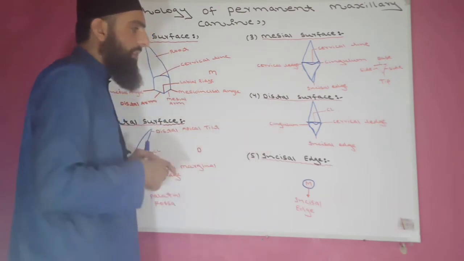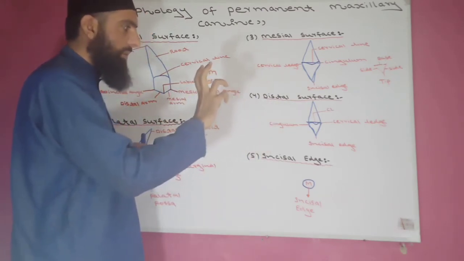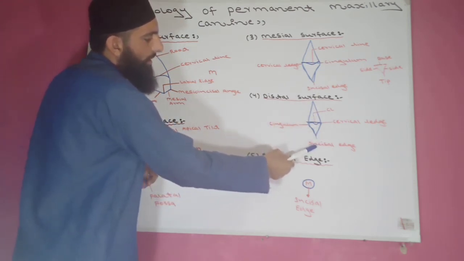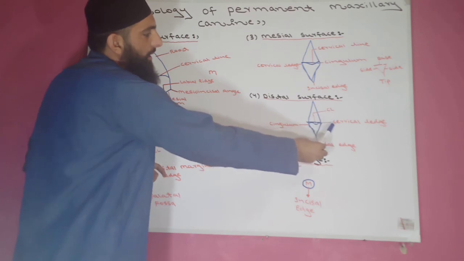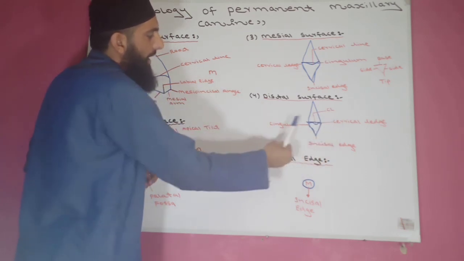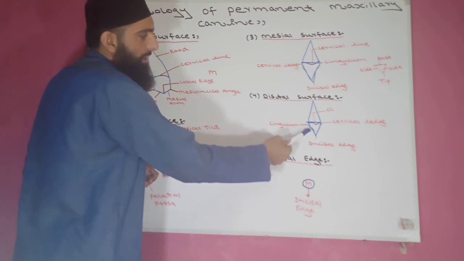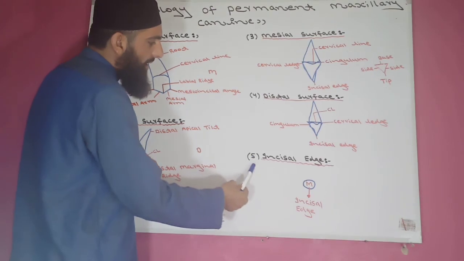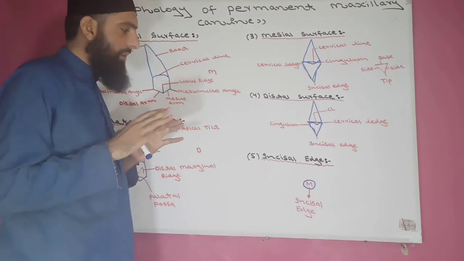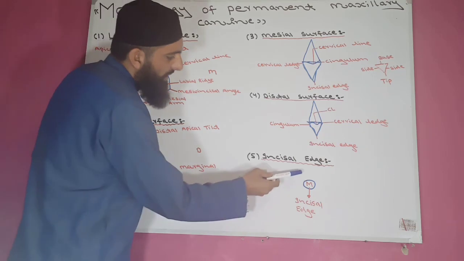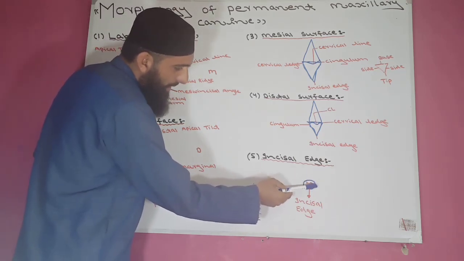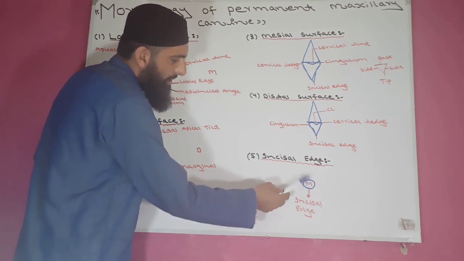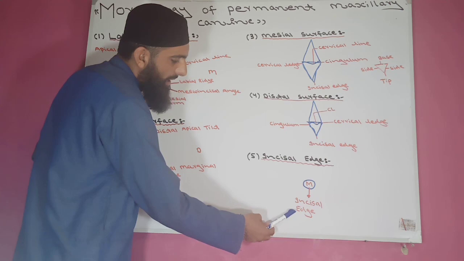When we study the distal surface, we simply rotate the tooth around 360 degrees. Again, the base is formed by the cervical line and the tip by the incisal edge, and one side by the labial surface and the other by the palatal surface, but the sides are opposite to the mesial surface. Last is the incisal edge. If we watch the incisal edge from the palatal surface, first above there will be the mesial marginal ridge, distal marginal ridge, palatal ridge, cingulum and palatal fossa, and below there will be the incisal edge.